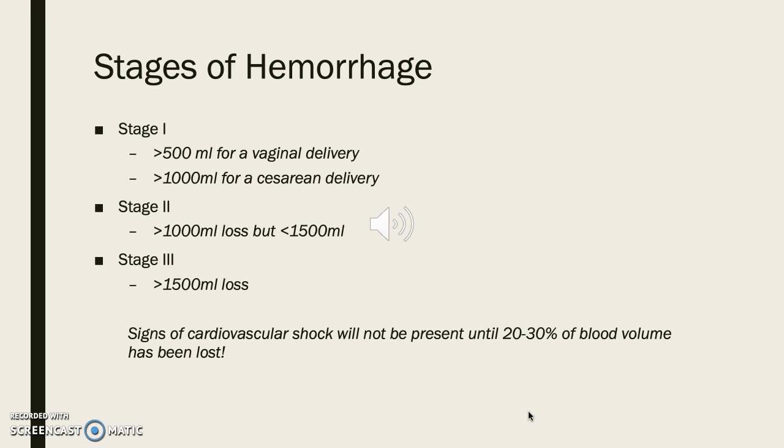This slide gives you an idea of how we rank and break down our stages of hemorrhage. All of the blood losses listed are quantitative blood loss, so we're using weighed pads and not just estimating by sight. As we discuss in a few minutes the interventions that go along with this, we're going to be using the AIM toolkit from ACOG and AWHONN on how we're going to approach and treat our patient with any of these stages of hemorrhage. And remember that signs of cardiovascular shock will not be present until 20-30% of blood volume has been lost. Following our discussion, we will be doing a simulation, a hands-on exercise, to give you an idea of how